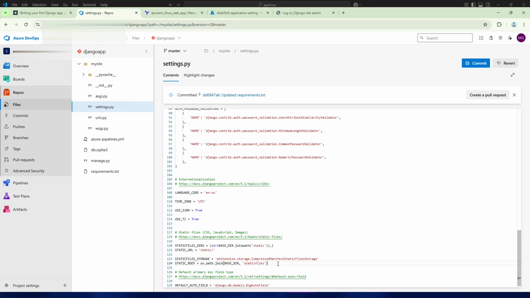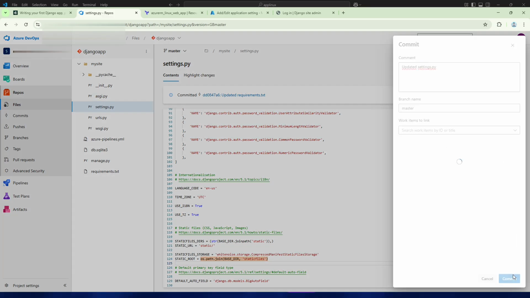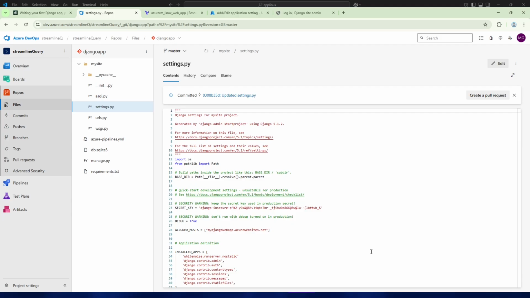Okay, commit to save. Now execute the pipeline again.